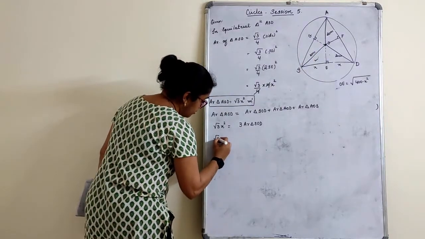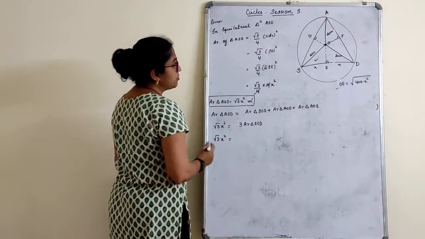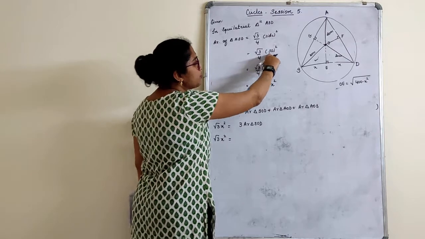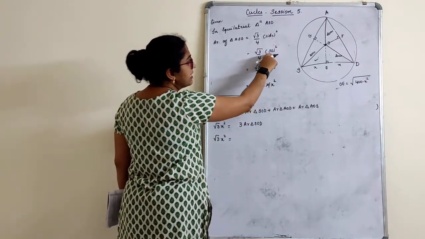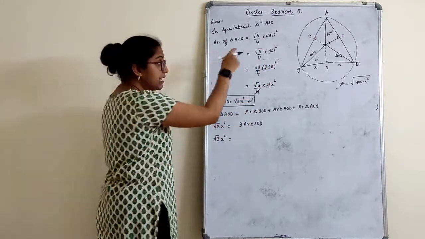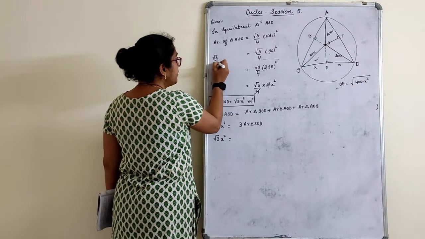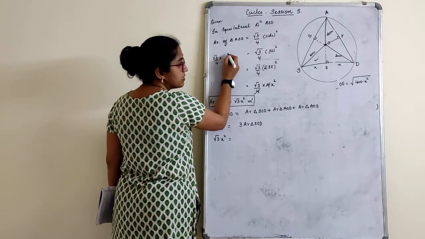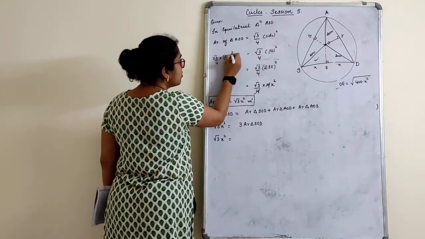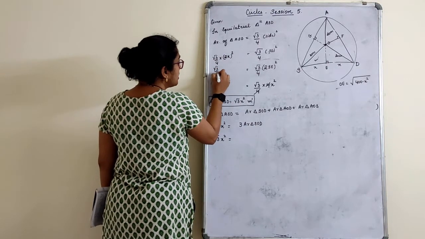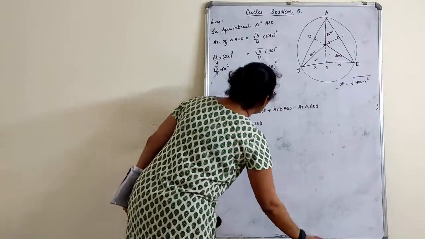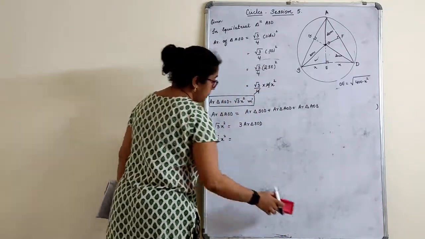Okay. Root 3x square is equal to. Now here children, I took it as half of this. In case if I don't take, this also is going to be the same thing. So see, in case the same thing if I write, the confusion might be why teacher took here 2 times of SE. Even if I don't take there, root 3 by 4, what is SD? SD is x. SE, that is this plus this, 2x whole square. So this is nothing but root 3 by 4, 4x square. Answer is going to be the same thing only. So don't create any confusions. It's going to be the same.